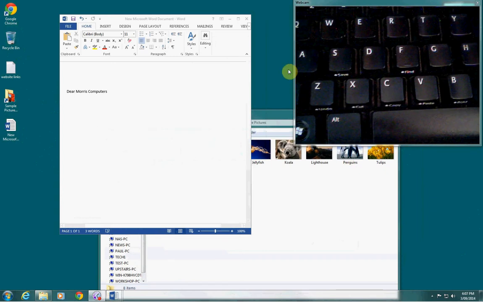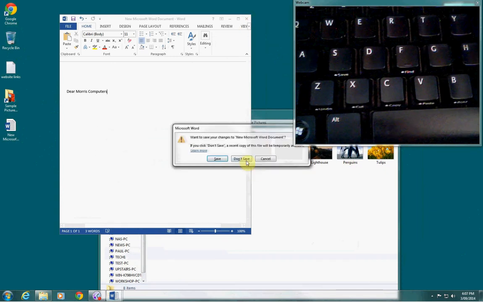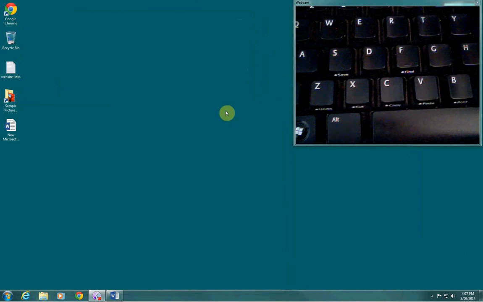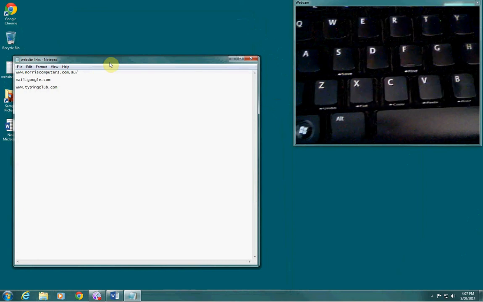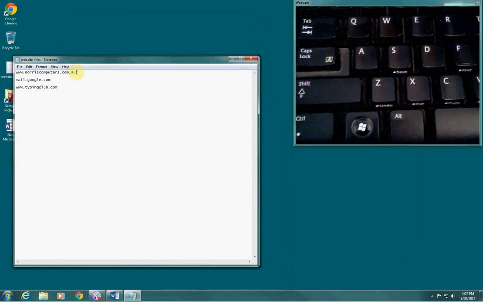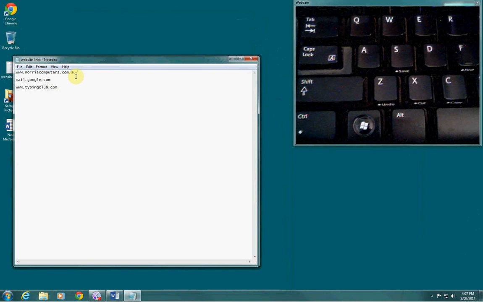Next up are the keyboard shortcuts for copy and paste. Whether you're copying an email address from a website, text in a document, or a file on desktop, the shortcuts Ctrl and C and V will be of great use. So let's open up my website links document. Sometimes a website link in a document or email doesn't show up as a clickable link. If you'd like to follow the link, simply click and drag your mouse over the full link address,